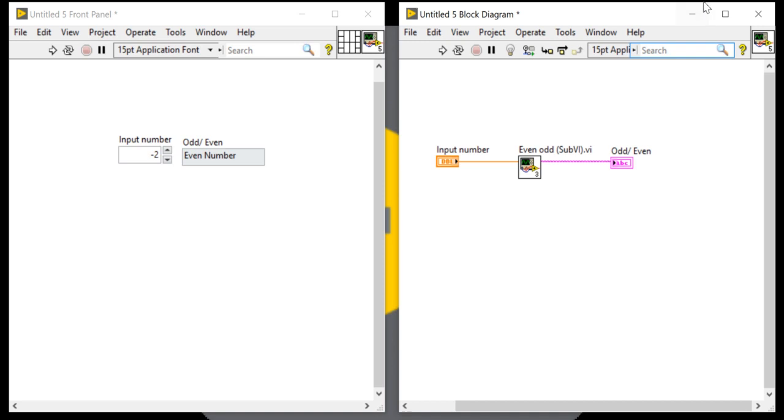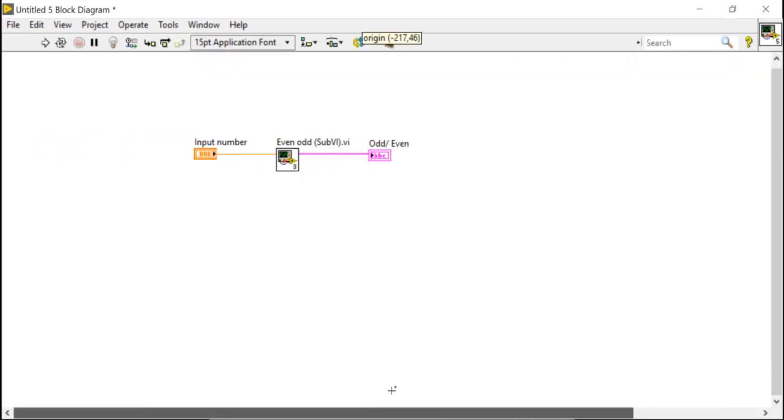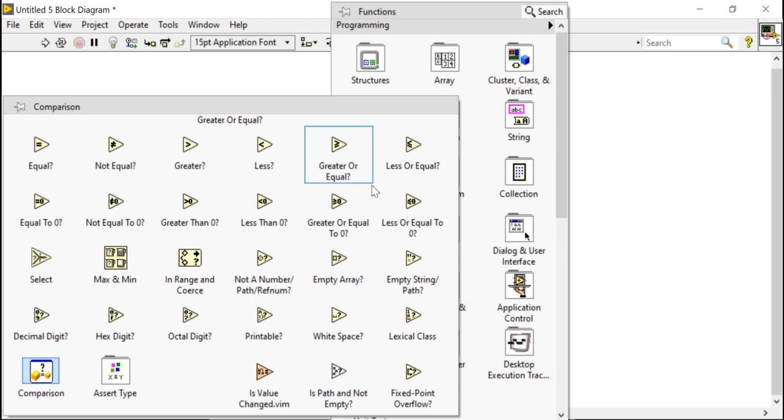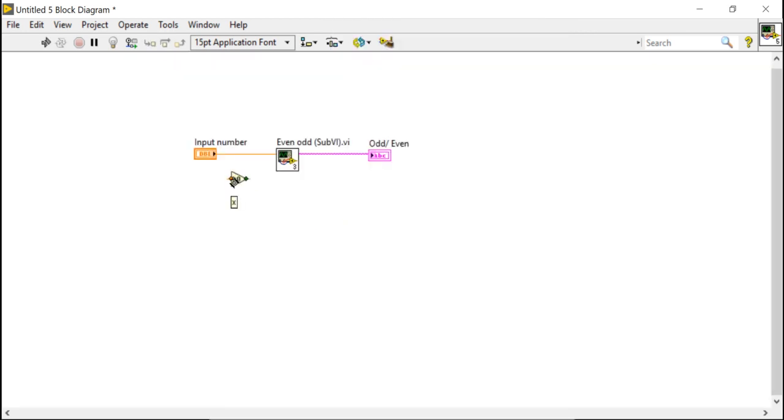So here, all of you, right click, come to comparison, and find the greater or equal to 0 function, because 0 is also a positive number. Take the greater or equal to 0 and connect here.